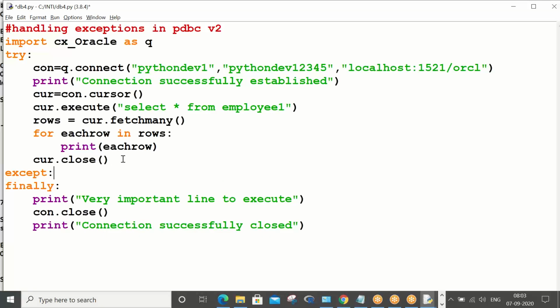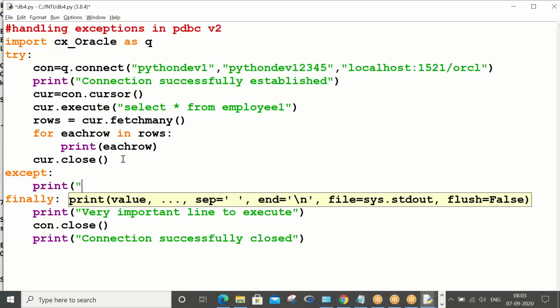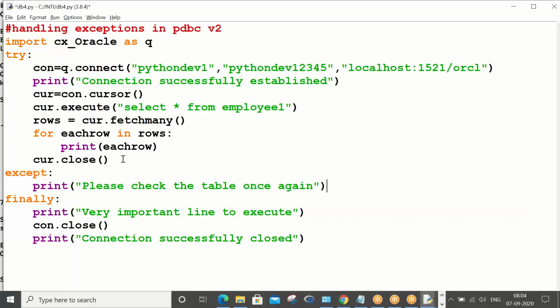Tell me. What do you have to write in the except block? Handling the error. Okay, so please check the table name once again. So now let me go ahead and execute this program. Control S, run module.